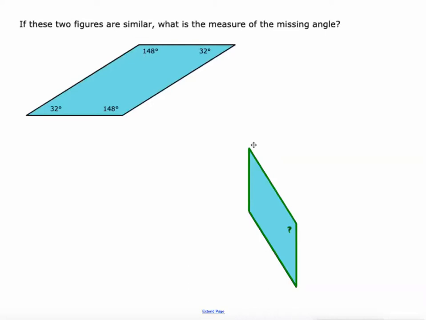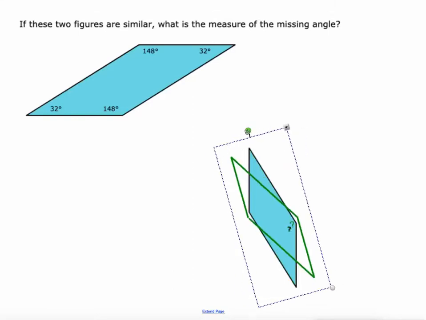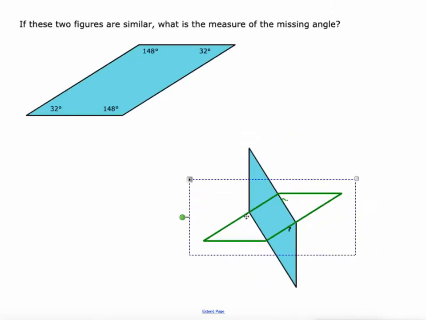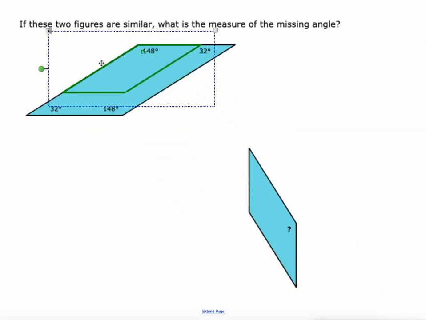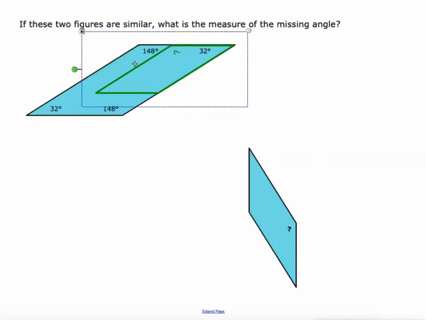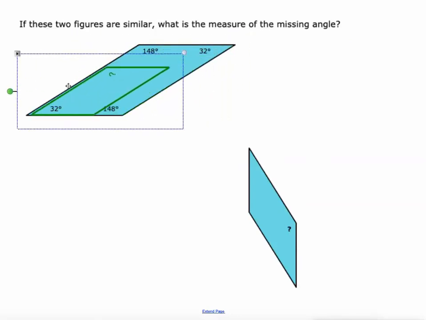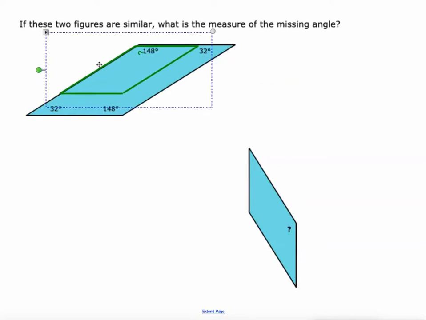angles. So I could look at this shape down here as a rotation and a translation of the other one, followed by a dilation. So we can see that that angle measure matches up perfectly, as do the other three, but really the only one we care about is that one with a question mark. So we can see that this missing one down here has an angle measure of 148, just like that one